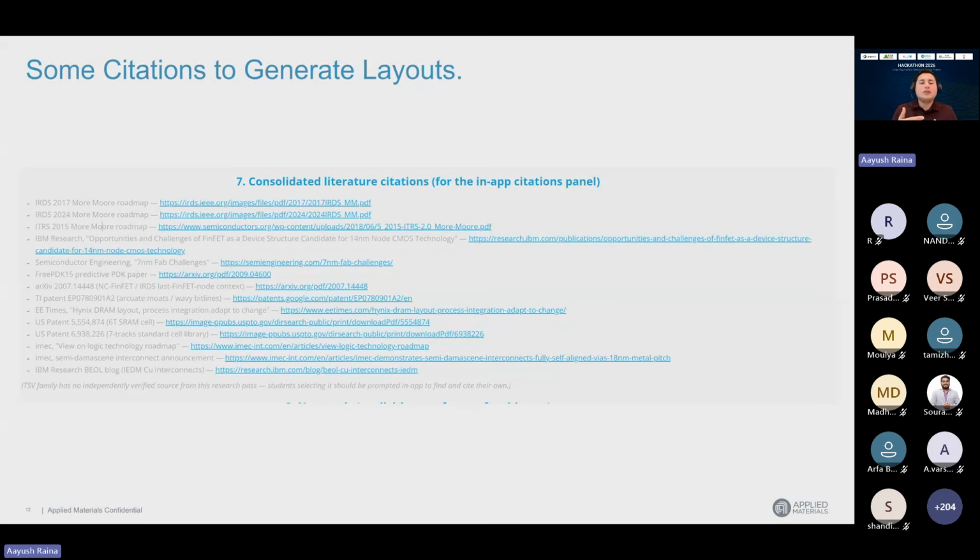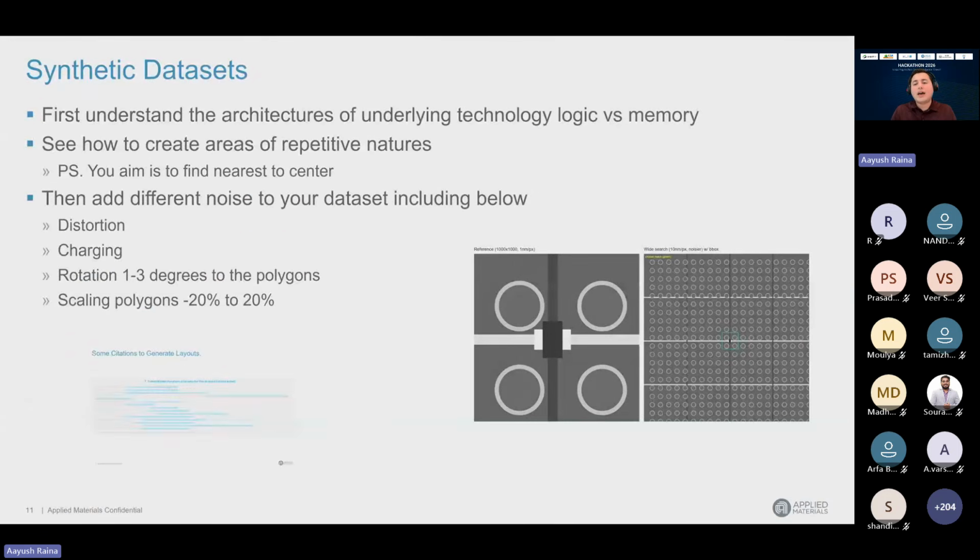With that, you can ask your AI model to first create some synthetic code which can create images like this. You can have some Python code created which will create images like this. Read about how logic and memory structures are created, how these circuits look. You will have some papers around it, and you will be able to create it.